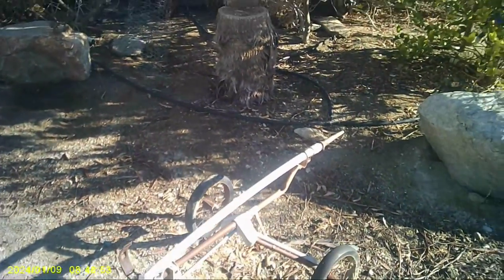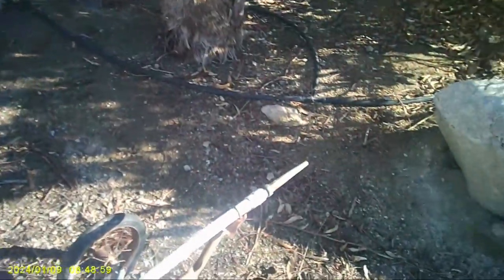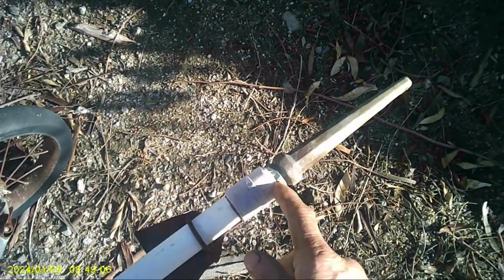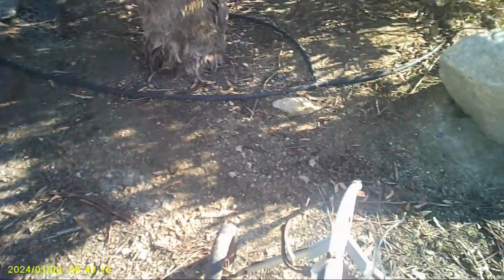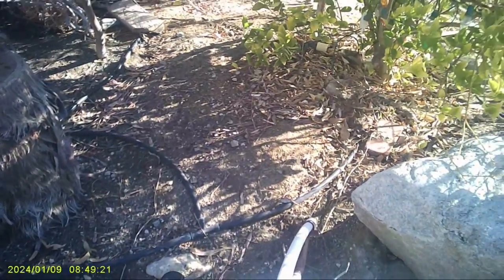This is a golf cart, or an old golf whatever, and it's got a fire hose nozzle in the front. This is like a 3/4 inch hose fitting. This is schedule 40, and at the end you've got a valve. So what you do is you just open the valve,